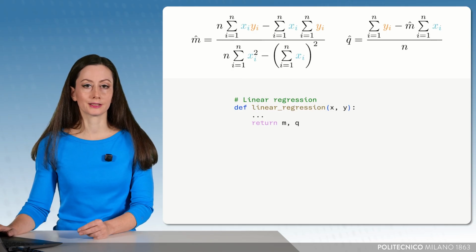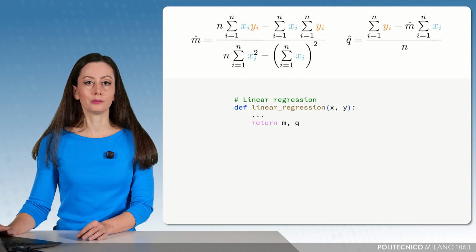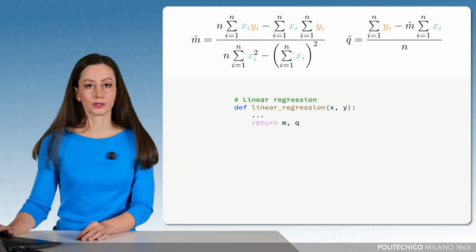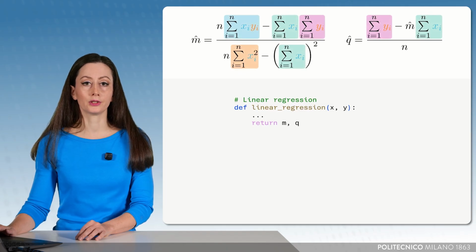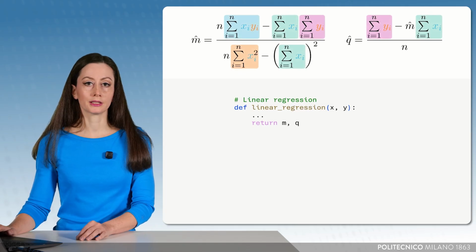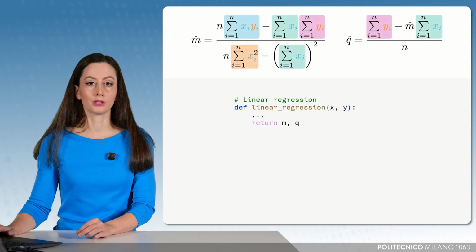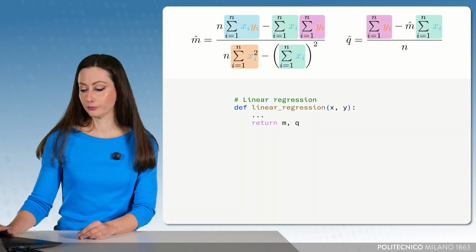At first glance, they might seem a bit overwhelming, but let's simplify them by breaking this task into smaller steps. First, we will compute the result of each sum, and then we will combine the results. Before we start implementing, it's worth noting that some of these sums are repeated more than once. For example, the sum of y appears twice and the sum of x even 3 times. Now we can take advantage of this and compute these terms only once and reuse them wherever needed.